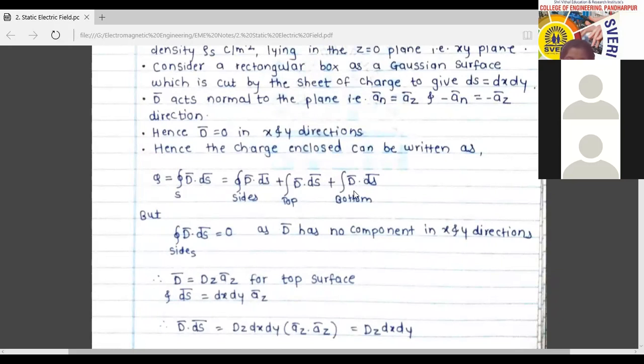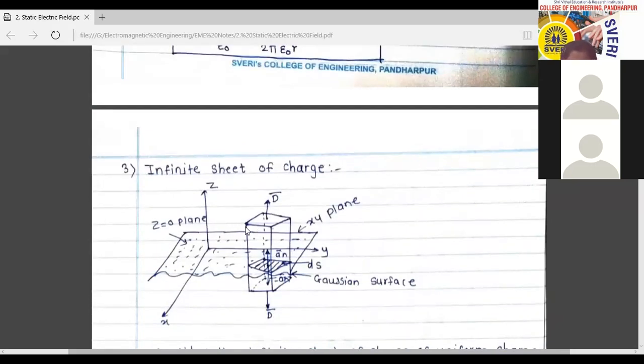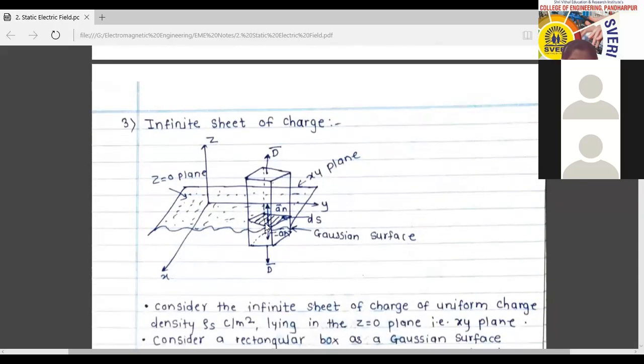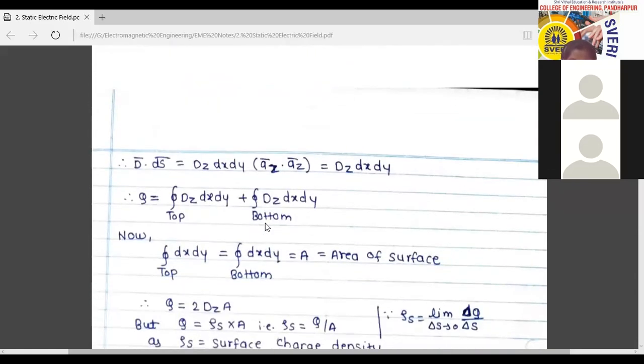And now for the top surface we have to find ds bar. What is ds bar for the top surface? If z is equal to constant, or z is perpendicular, then which axes are present? You can see here, if you are able to see my arrow, this line is in the x direction and this horizontal line is in the y direction. Therefore dx and dy will be present. That is your differential surface area, right?